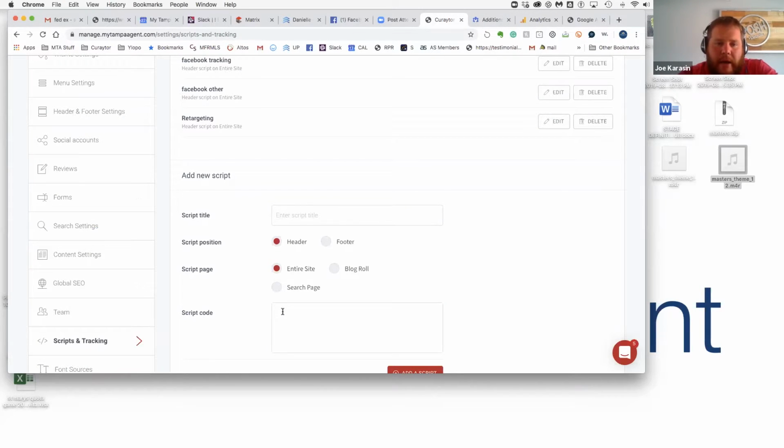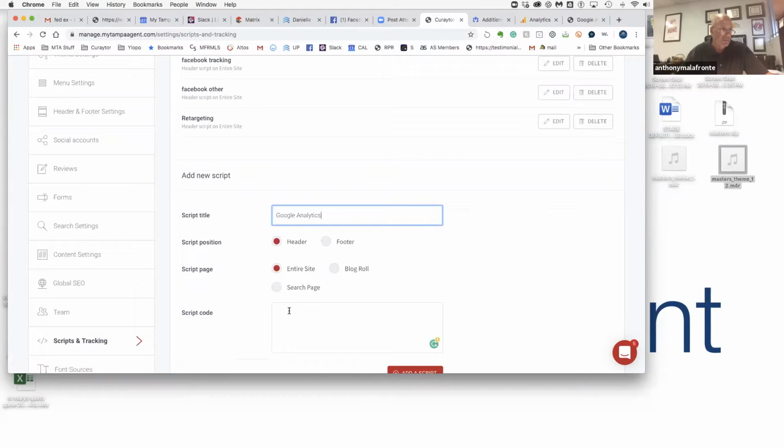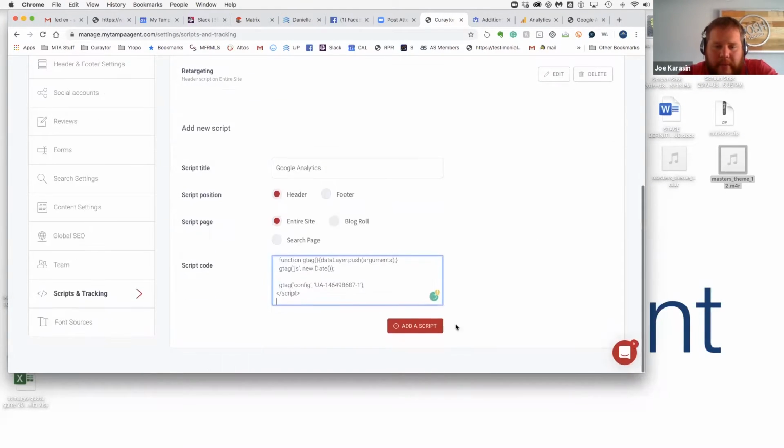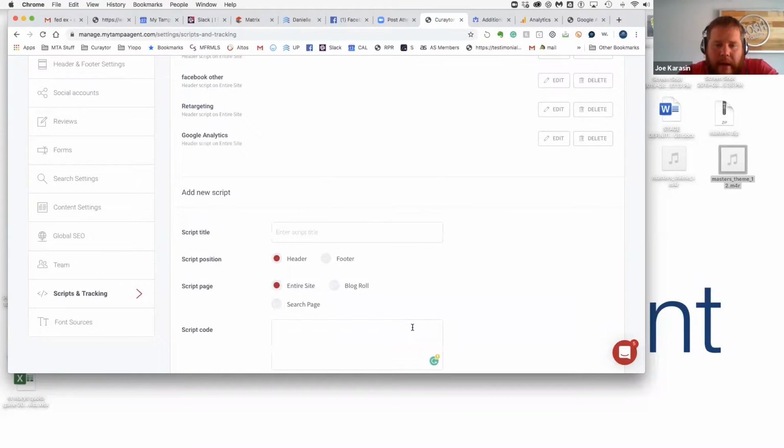Okay, you're going to add a new script to your header. That makes sense? Google Analytics? Yeah, I think so. And then you're going to want to put the code in there and click add a script. Now, here's the thing. Occasionally, and you'll be the only person who can know this right now, or I can check it for you another time, but usually within 24 hours,